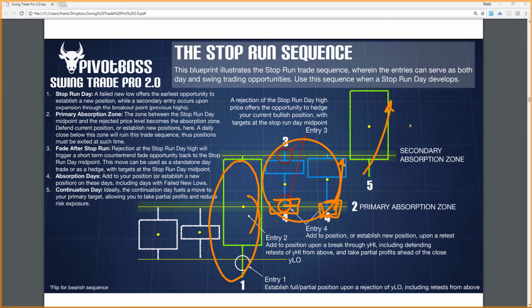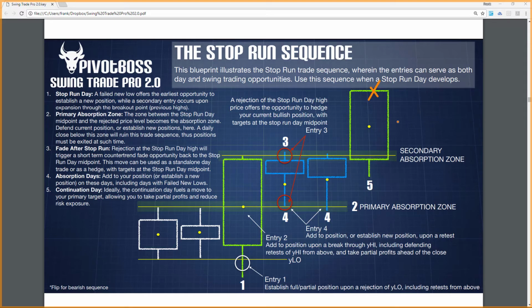This is a continuation day right here, and during the continuation day, again, you want to be able to take some profits at or near the end of the day here as this thing pushes higher toward your primary target. So you want to be able to pay yourself along the way. So entry number one, again, can be kind of difficult to get into the trade like that, but any rejection